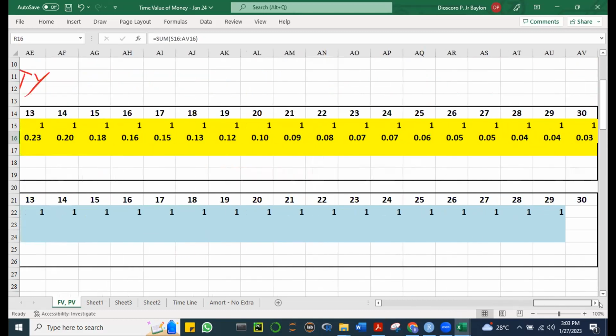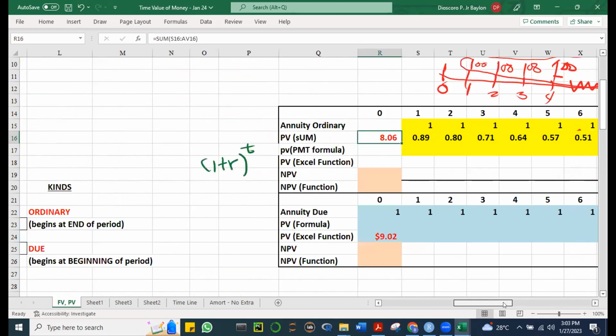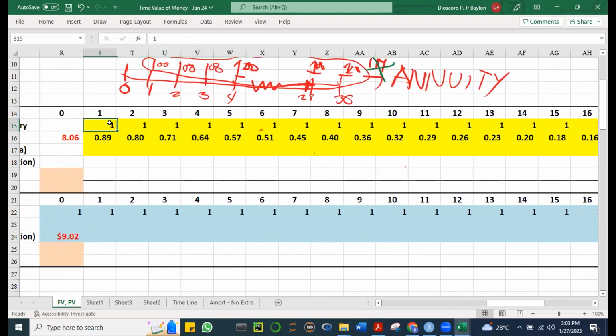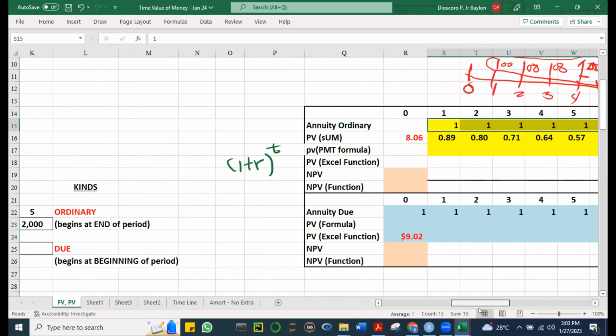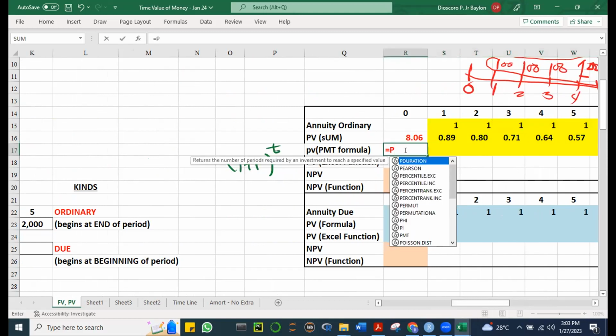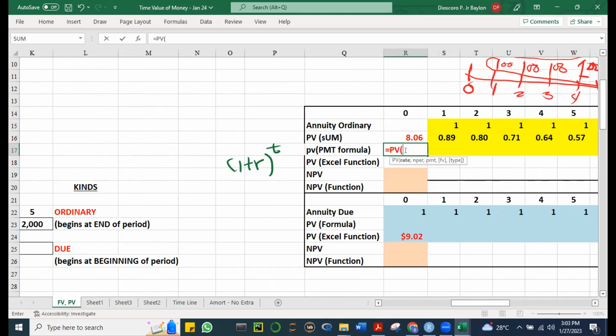However, that's the longer method. We can actually dispense with getting the present values of each of the cash flows and make use of the fact that this stream of cash flows is an annuity. In Excel the annuity is PMT. So let's run that and get the present value. The rate is, let's use the name that we gave it, rate. Comma, and per is,